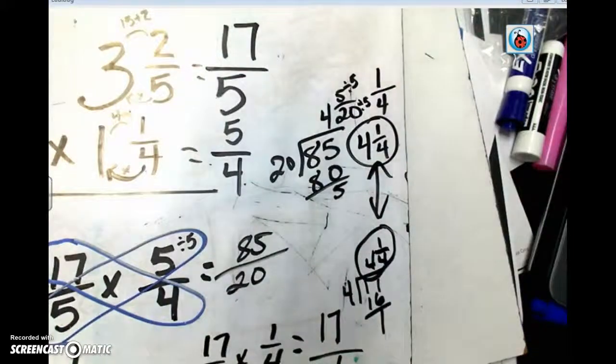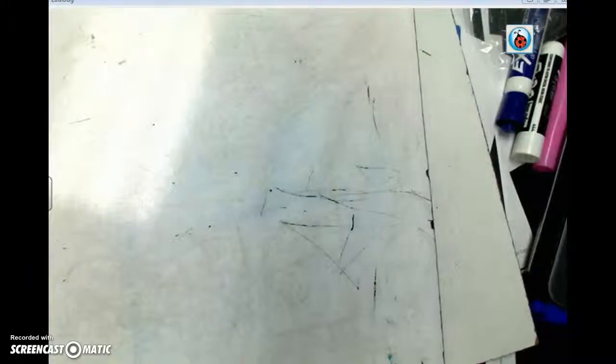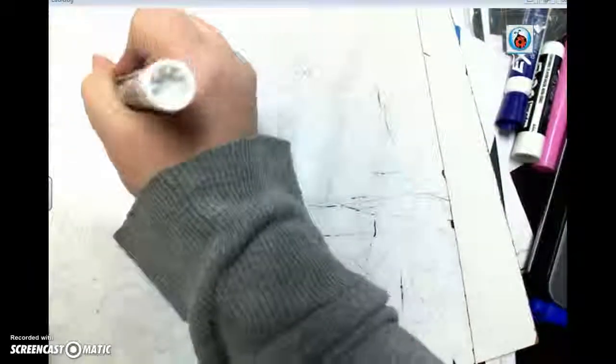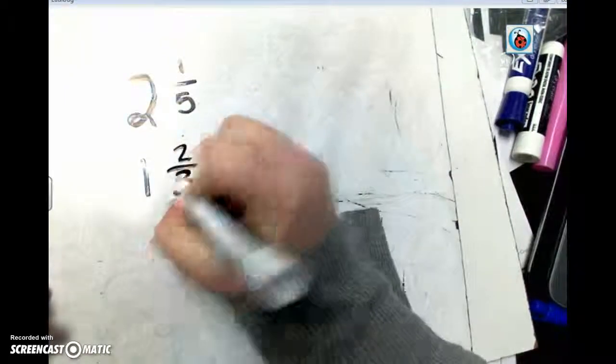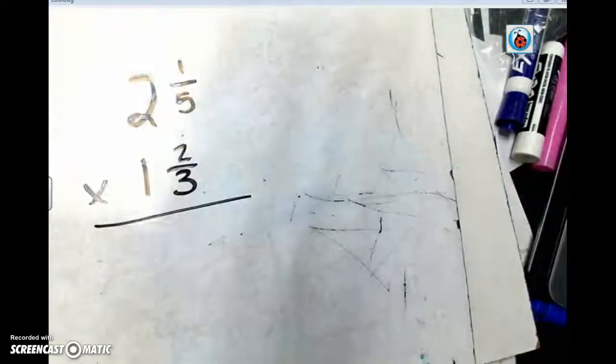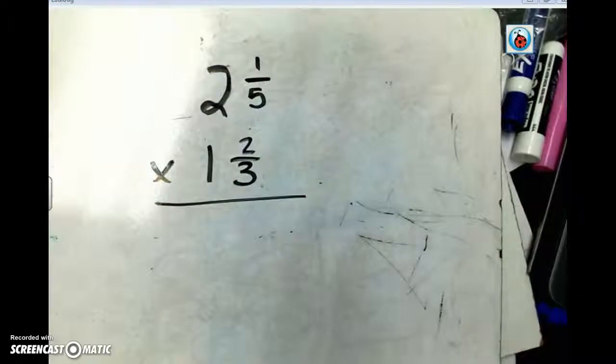I'm going to give you an easier one to try here on your own right before we go outside. Let's do, try that one. 2 and 1/5, 1 and